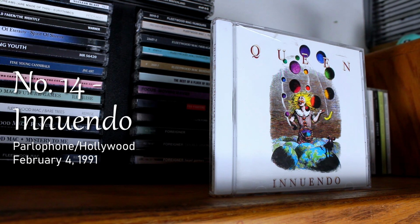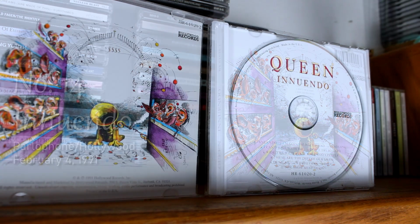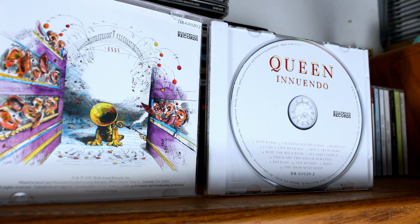And this album I hold very personal to me. I really love this album. It's probably in my top 5, maybe even top 3. And again, so many great songs like the title track, I Can't Live with You, These Are the Days of Our Lives, and Delilah. If you're a cat person, you know. But it also has my favorite Queen song of all time, The Show Must Go On, which is such a fantastic song and probably one of Freddie Mercury's greatest vocal performances, I think. So I love this album, and I'm pretty sure this CD came out right when the album came